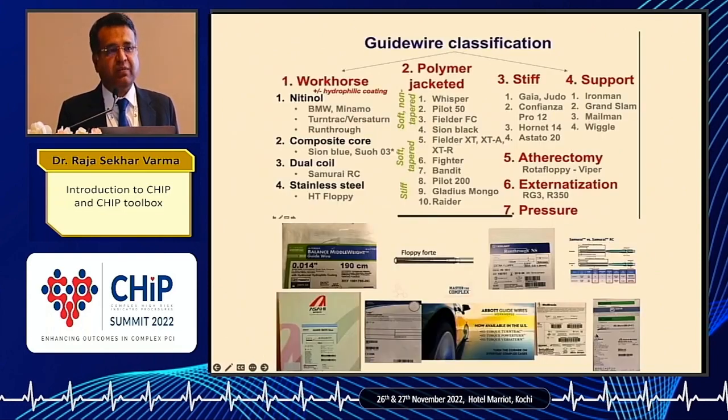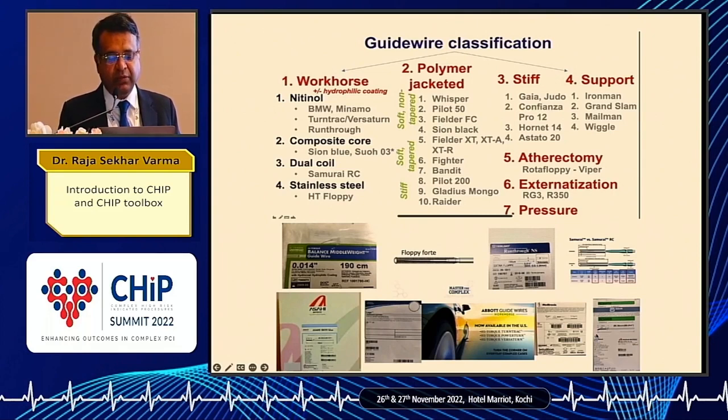Again, guide wires are plenty. Again, you need to know your guide wire. You need to know what exactly is the guide wire that you need. The choice of the guide wire depends on the lesion. You have different types, the workhorse guide wire, the polymer jacketed guide wire, which may be soft, non-tapered, soft tapered, or a stiff one. You have the stiff guide wires without polymers. You have the support guide wires, which are of extreme importance, especially when you deal with calcific lesions and difficult to guide